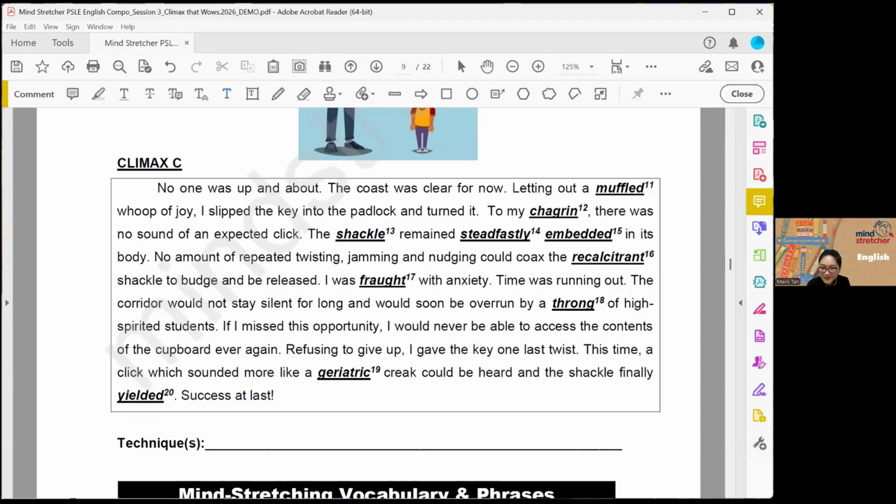8:17, another 3 minutes. What does shackle mean? Shackle is like the chains. Not the chains. The part where it's locked, where the connection is. So when the shackle gets unlocked, then the lock is unlocked. When the shackle is released, then it's unlocked. But now the shackle is still in the lock, so it's still locked.